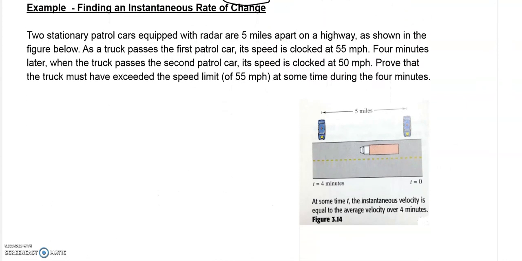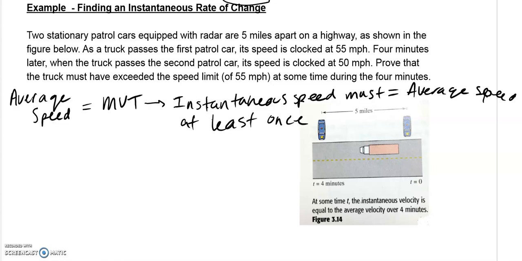The mean value theorem can also be looked at like this. So go ahead and read the problem yourself and then understand it, and we'll go from there. Read the problem yourself, understand it, and see if you can use the idea of the mean value theorem, secant tangent line, to figure out how you could prove it. If you're looking for some help, just think of average speed, right? If you know that this truck traveled 5 miles in, what did they say, 4 minutes, figure out what the average speed is, because then we can use the mean value theorem, which states, hey, listen,